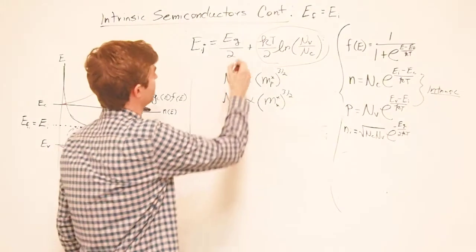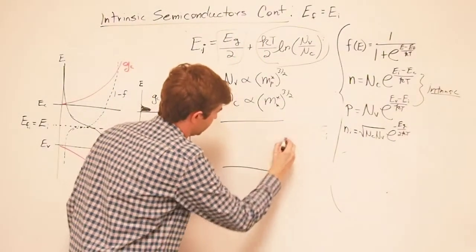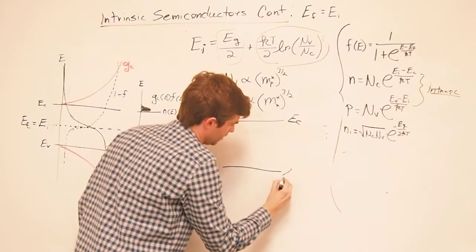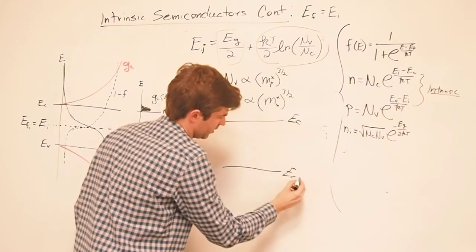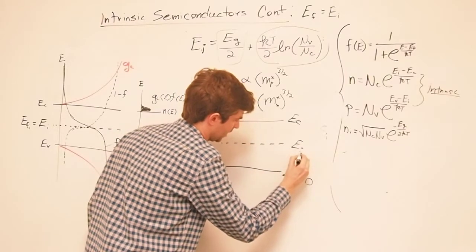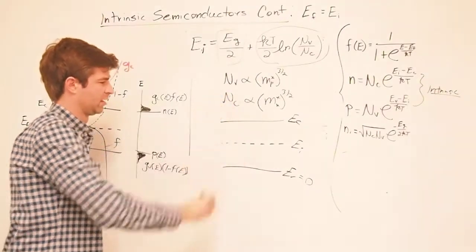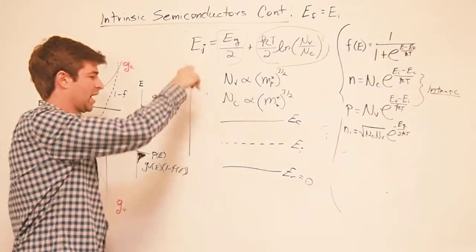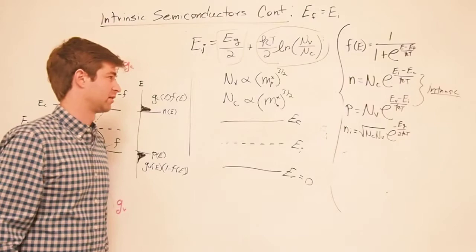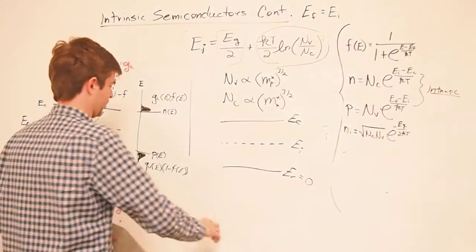But in general, this is going to be the dominant term right here. And so what we get here is EC, EV reference to 0, EI. The intrinsic Fermi level is approximately halfway between these two, or 1/2 the band gap from EV. So that's a good equation, but it's not really worth writing down because we're going to get into something a